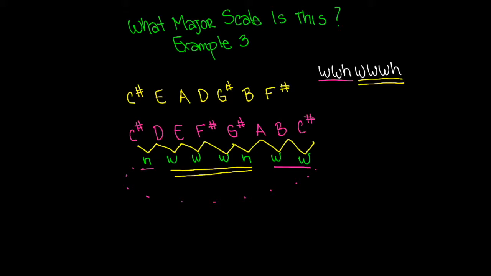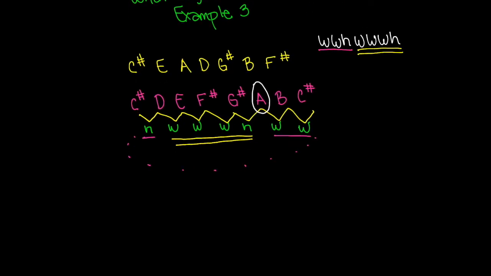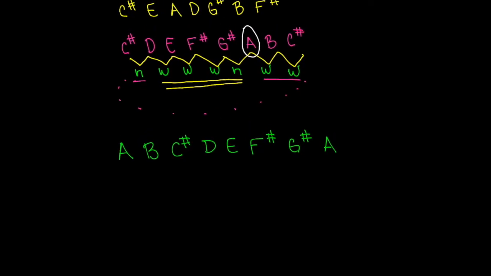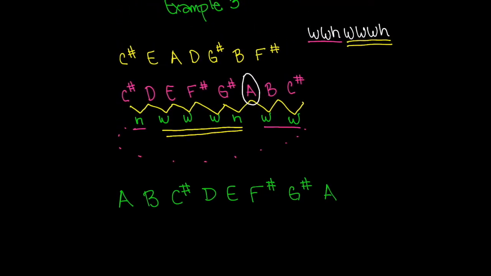So this is really what we start from: A. So let's rewrite this out a little cleaner. We have A, B, C sharp, D, E, F sharp, G sharp, and back to A. Once again, the trick to this particular method was we needed to understand that these notes were completely out of